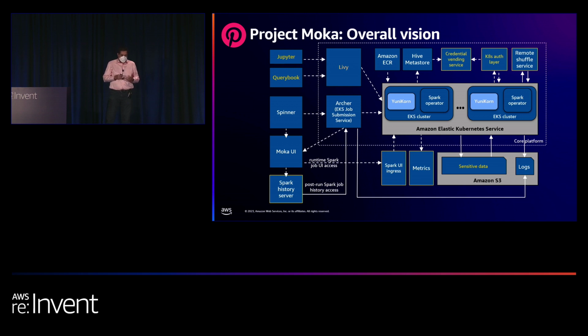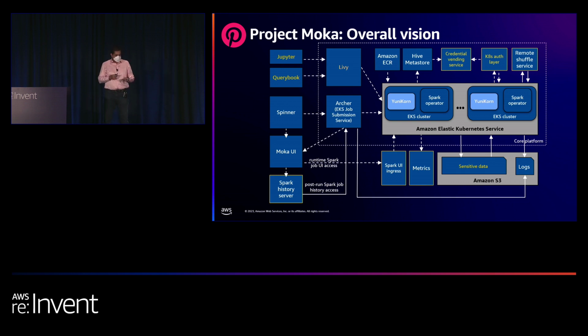And then within EKS itself, we have multiple EKS clusters that run. We had to outfit those with the Spark operator that Vara and Alex have been talking about or will talk about more. And then for scheduling, we are using Unicorn, right? Because we found that Unicorn, for us at least, was the closest analog to YARN on Hadoop. And then beyond that, when jobs run, they will need images to pull from, and that's where ECR comes in. And even though we have gotten rid of Hive and are running Spark SQL, we still need the Hive metastore because that's where the table definitions are, okay?